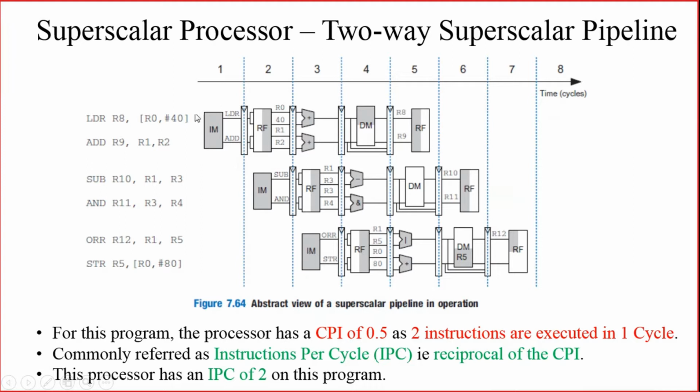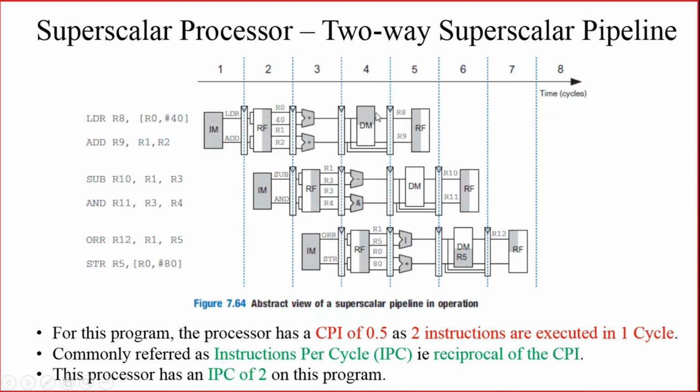Here we are considering a 5-stage pipeline. What are those 5 stages? The first stage is known as the fetch stage, where the instruction is fetched. The second is the decode stage, where the decoding is done and the corresponding operands are identified. Then in the third cycle, it is the execute stage, where the operations are executed on the ALUs. The fourth stage is the memory access stage.